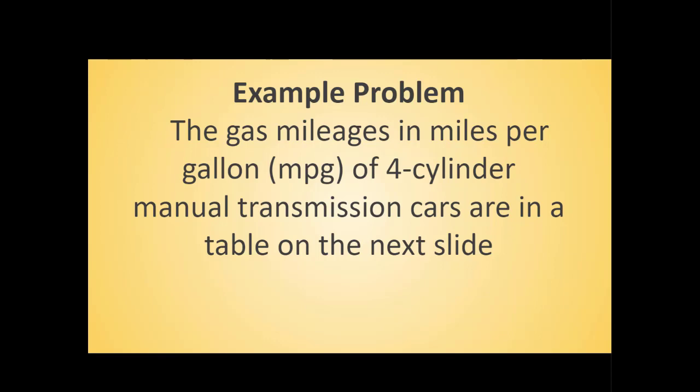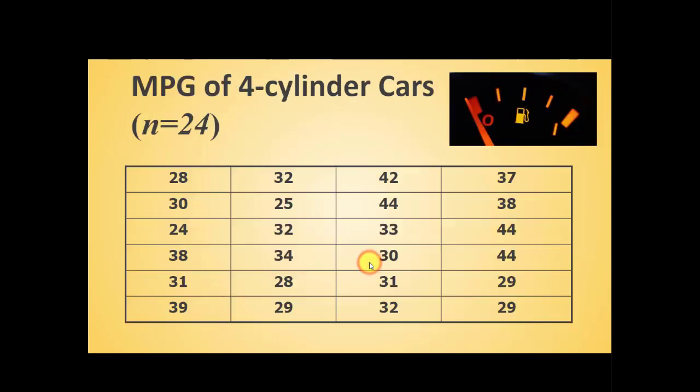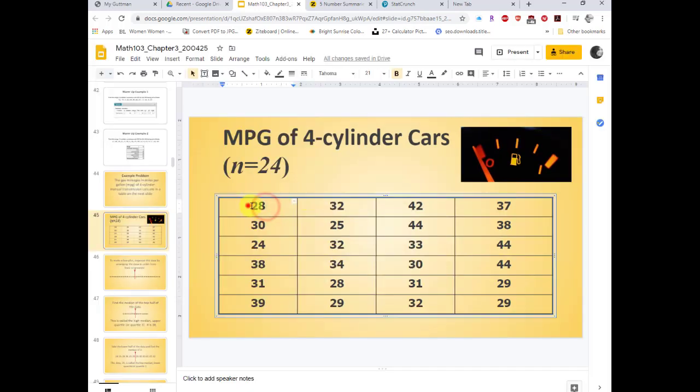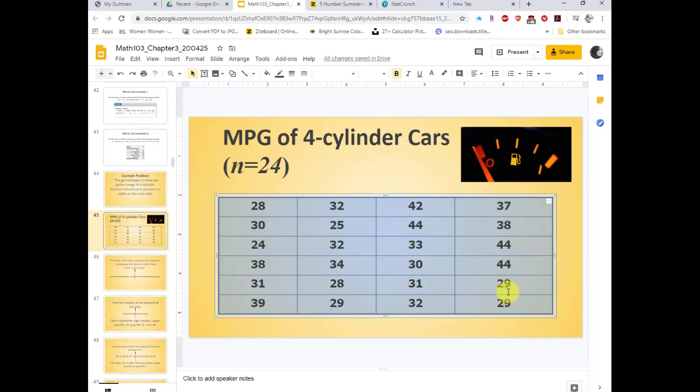So here is the scenario. The gas mileages in miles per gallon, MPG, of 4-cylinder manual transmission cars are in a table on the next slide. Here are 24 values of how many miles per gallon 4-cylinder cars are getting. So they took 24 cars and figured out how many miles they got per gallon. So I can take this data, exit out of my thing, and copy it,